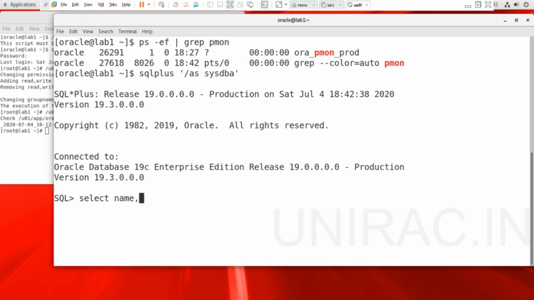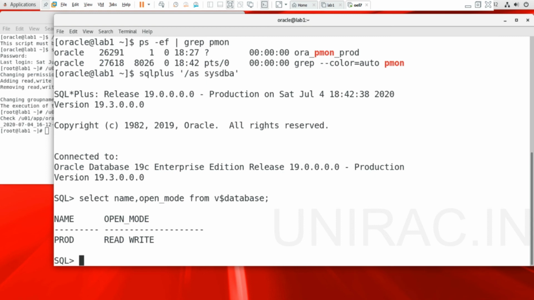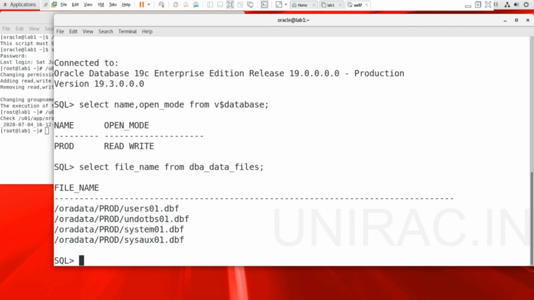Verify the name, open mode from v$database. It's in read write mode. So we're done with your database installation. Also you can verify your file names, where the files are stored, from dba_data_files. It's under /oradata, and your spfile